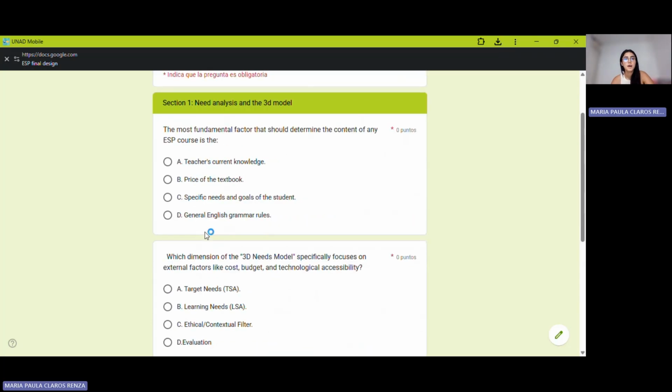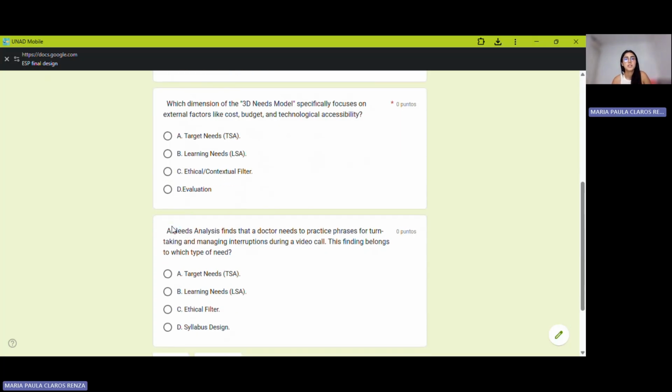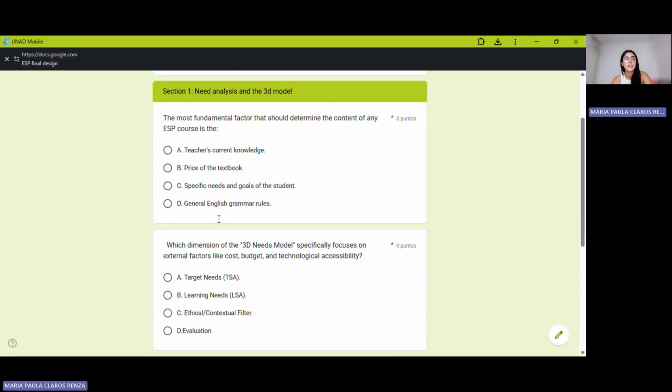three questions about this. The first question asks about the most fundamental factor that should determine the content of any ESP course, and these are the options. The second question is which dimension of the 3D needs model especially focuses on external factors like cost, budget, and technological accessibility. And the last question about needs analysis is